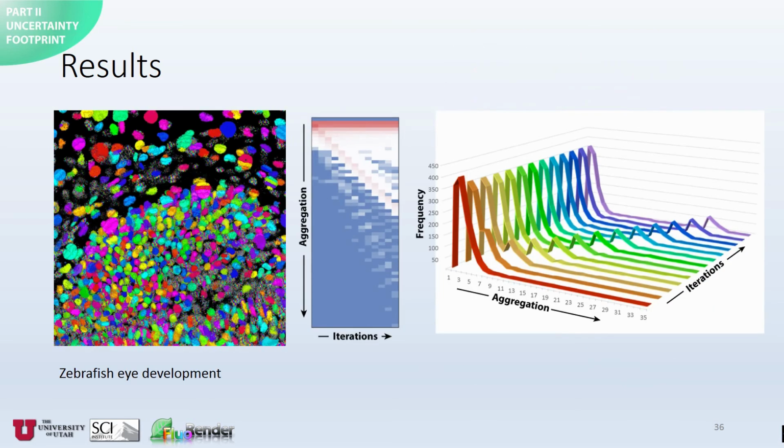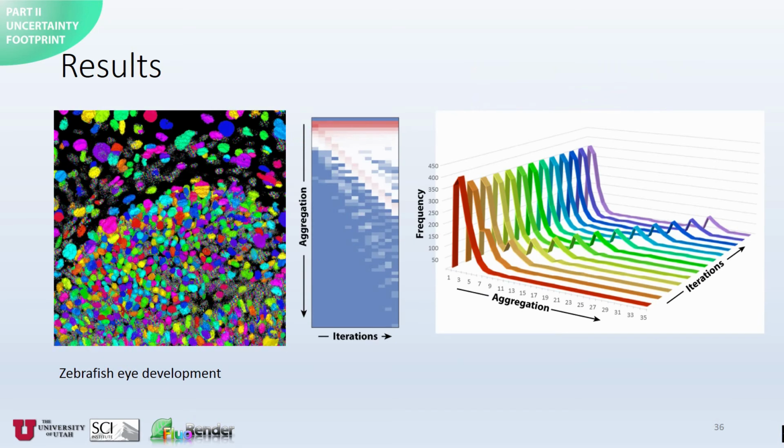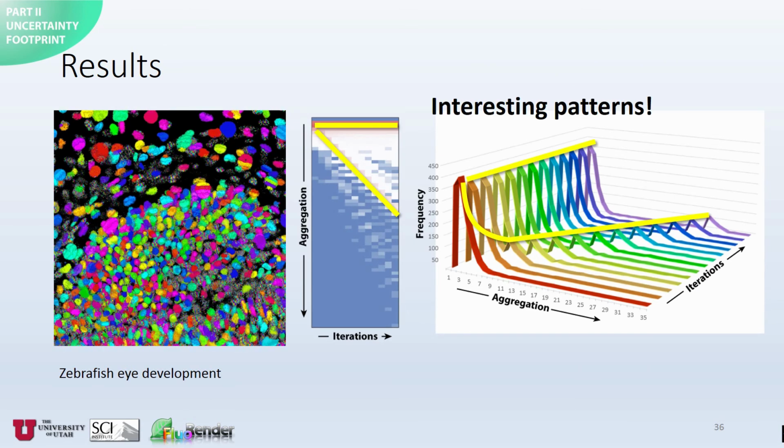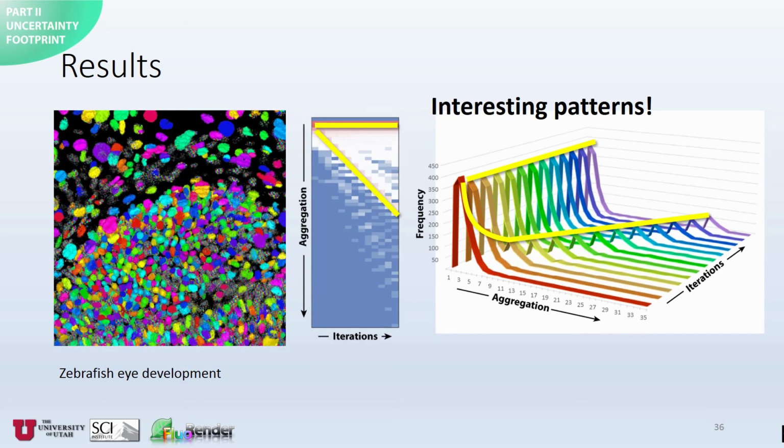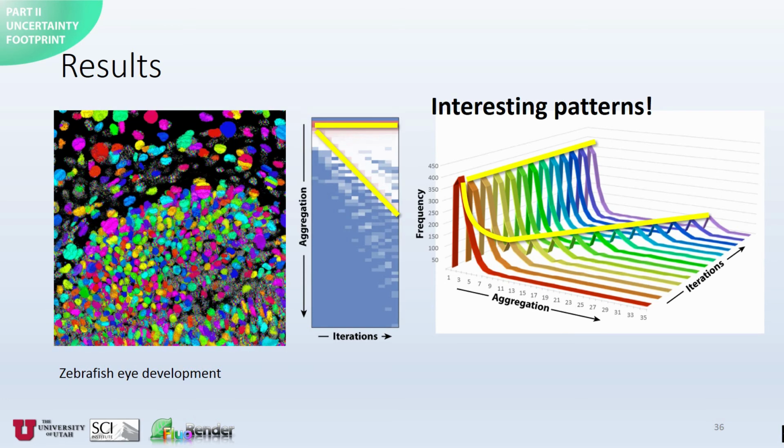This is an example of applying our modified matching algorithm in the uncertainty footprint to a dataset of zebrafish development. We drew the 2D histogram for the uncertainty footprint as both a grayscale image and a 3D graph. From both representations, we can clearly observe two ridges. According to our descriptions of the uncertainty footprint, the horizontal line represents converged results, and the diagonal line represents oscillations